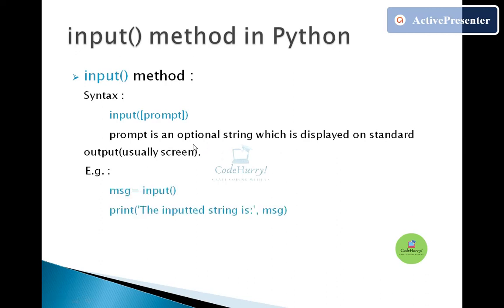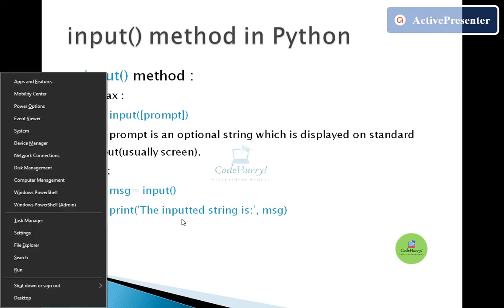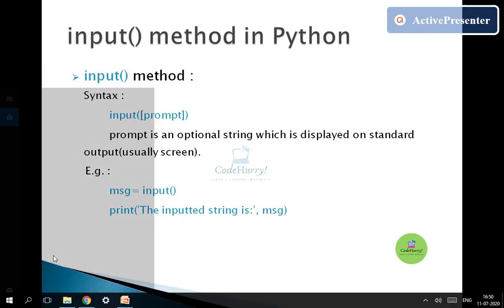These are the basic two examples that I've written, getting the value in some message variable, and that I'm typing here. We'll again see this example in our IDE. So again I'll start my IDE.